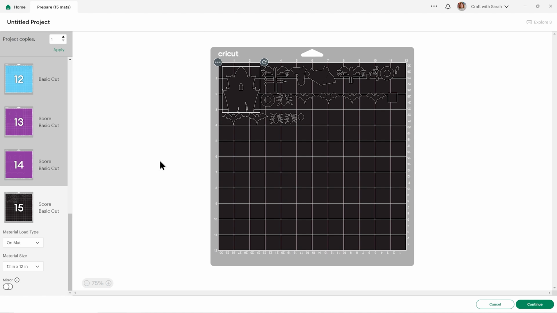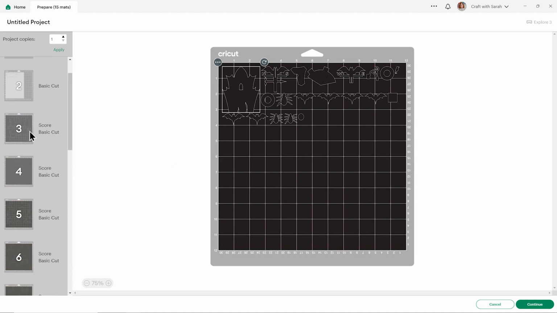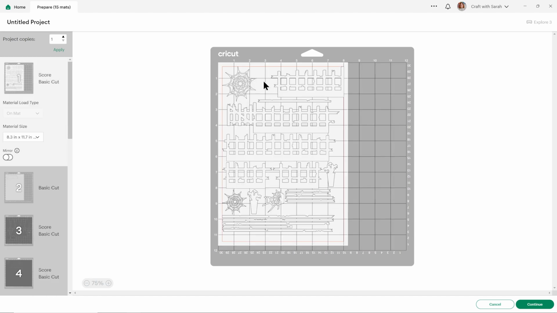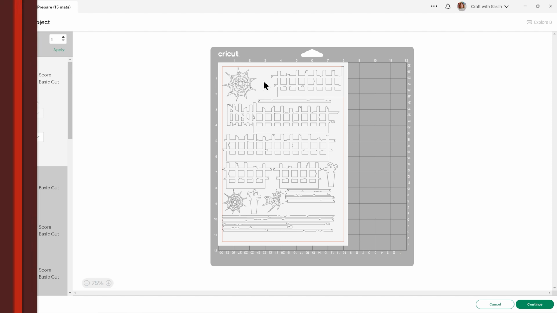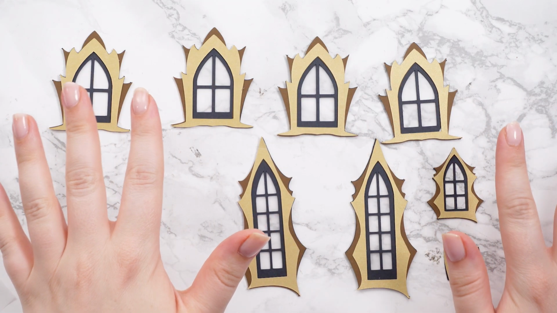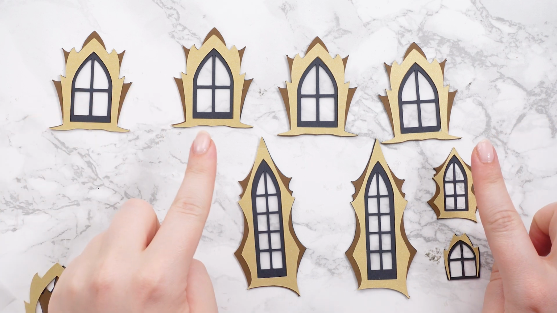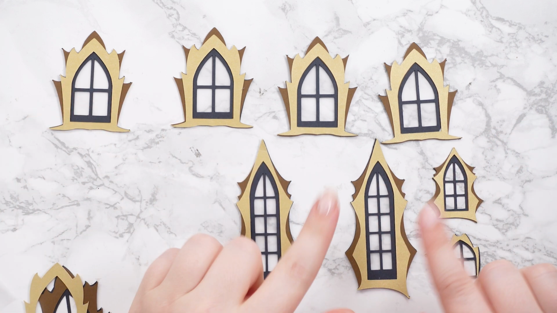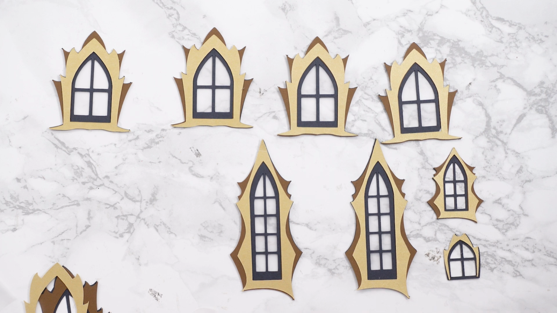So it's not actually too many colours, and most of the shapes are fairly simple to cut out, with the exception of a few trickier ones like these spider webs. So yes, there's lots of pieces, but actually it shouldn't take too long to cut out. If you maybe give yourself an hour, hopefully that should be enough. So go ahead, get everything cut out, keep those teeny tiny pieces safe, and then we'll see how to put together the haunted house. I've now got all my bits of the haunted house cut out, but we're going to start by putting some of the smaller pieces together just to give us less chance of losing anything.